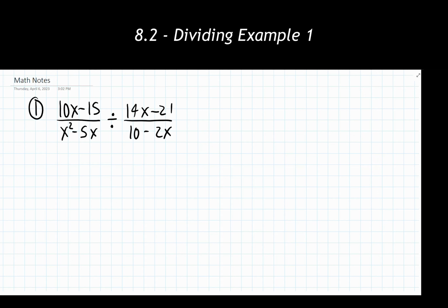So for our rewrite step, and again, this is the make-it-or-break-it step with all of these division problems, the rational expression before the division sign stays the same. The division sign becomes a multiplication sign. You can also write this with the dot, or you could write it with a set of parentheses. There are a few ways you could do that. But the rational expression that comes after the division sign flips. The numerator becomes the denominator, and the denominator becomes the numerator.